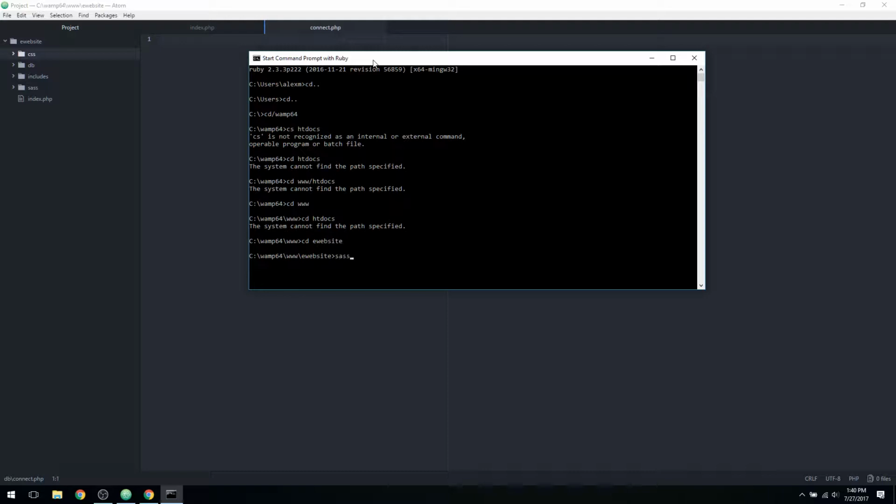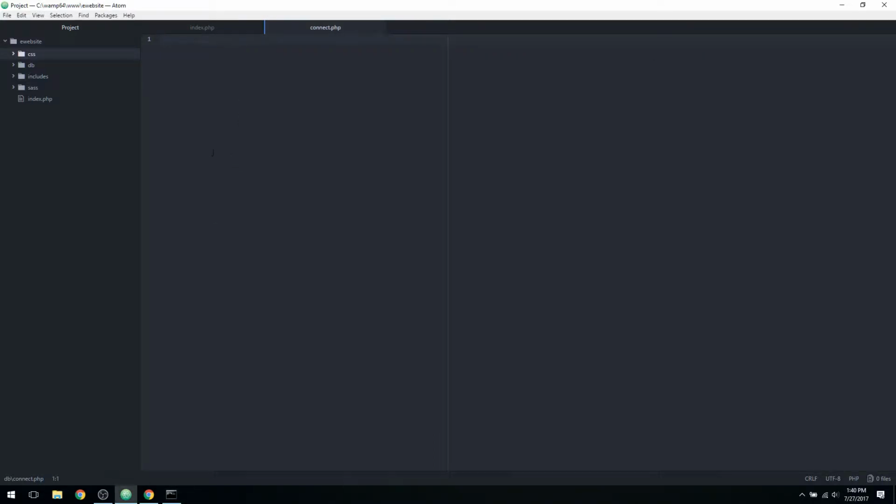And then we're going to do sass watch sass into css. This allows me to convert SASS files into CSS files. I'll just leave this running in the background so that it can do these conversions live. Okay, so now that we have that, I think we can get started with the basic